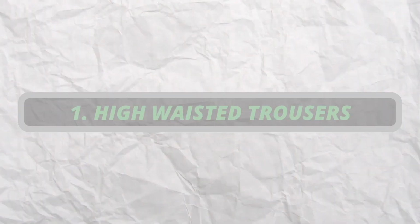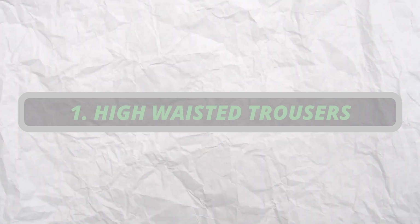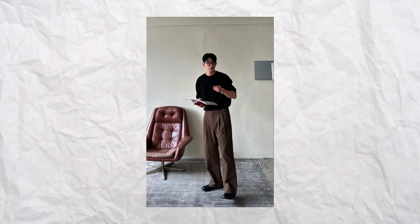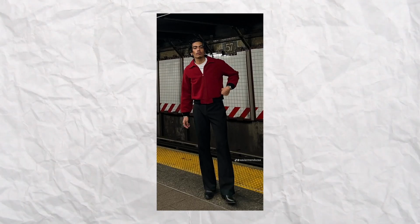This is how to dress for short guys. Starting with tip number 1: high-waisted trousers are going to be your friend. Why is this? High-waisted trousers create the visual illusion of your lower half of your body being longer,